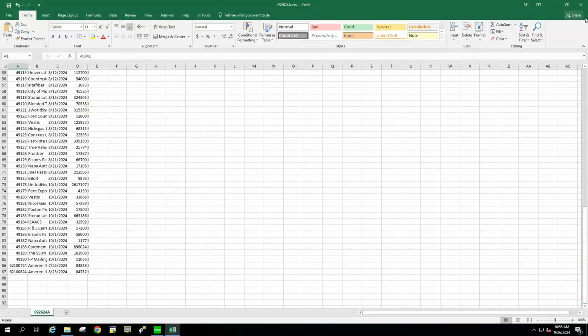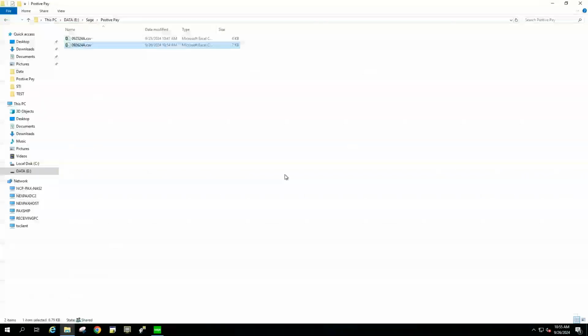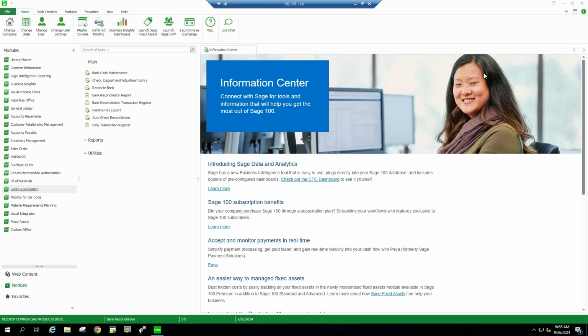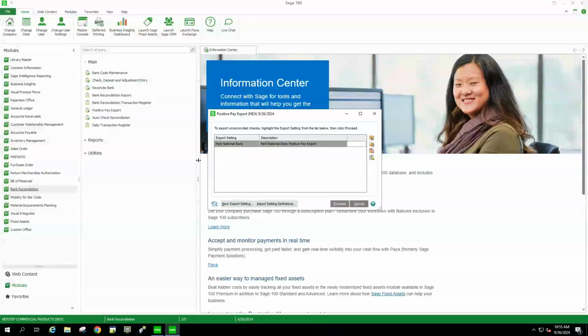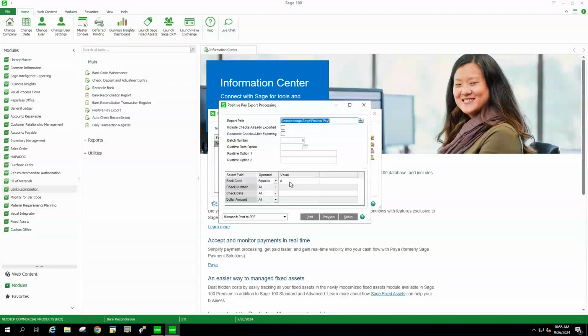Now, if you need another positive pay, I'm going to say no to change. Like if you did a check run, let's say we did a check run just for today, and I'm actually going to go ahead and rename this old checks so you don't send that one to the bank. And we'll close this again. I can go back into my positive pay export. If I need to resend positive pay to the bank for just today's date, I can put in check date